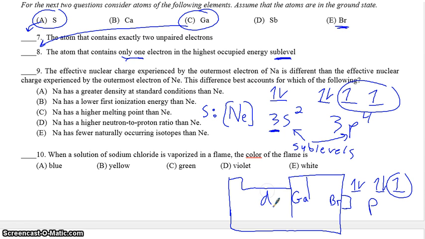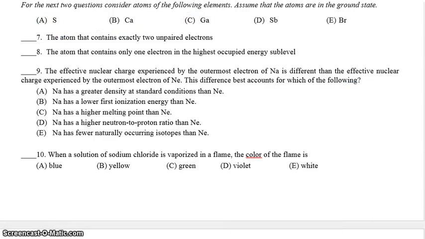So the D sublevel is represented by the D block, and the S sublevel by the S block. It's rare that they ask anything about the F block, so usually you don't have to think about the F block, but you do want to think about the others. So this is electron configuration. Let's take a look at a question on the back that deals with some